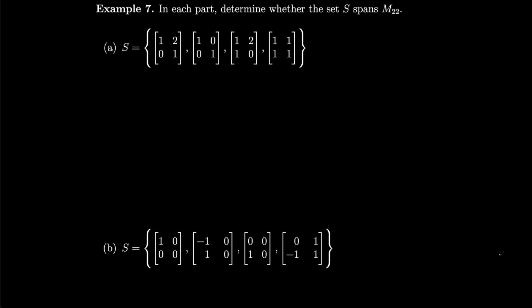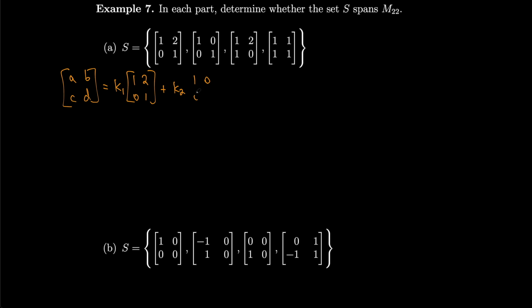So now we have a couple more examples to determine whether each of these sets spans M22, the set of 2 by 2 matrices. So we'll start with A. We'll write a general arbitrary 2 by 2 matrix. So that could be A, B, C, D, and we'll set that equal to some linear combination of the matrices in S. So that'll be K1 times the first one, which is 1, 2, 0, 1, plus K2 times 1,